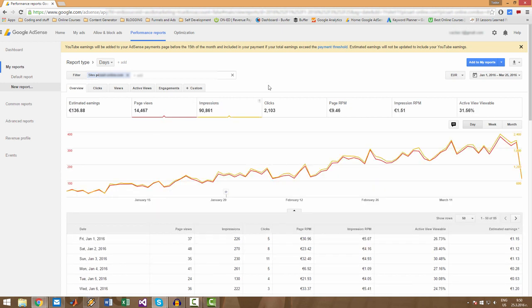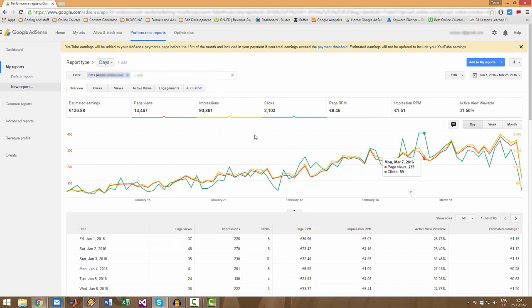So your page views and your impressions usually look the same. They are usually pretty much the same, as you can see here. They just have different numbers. They're pretty much the same thing. Page views is how many pages the user viewed on your website while he was on the website. There are also sessions that we're going to see when we talk about the Google Analytics. But as you can see, again, it shows a rise in my traffic for this website.